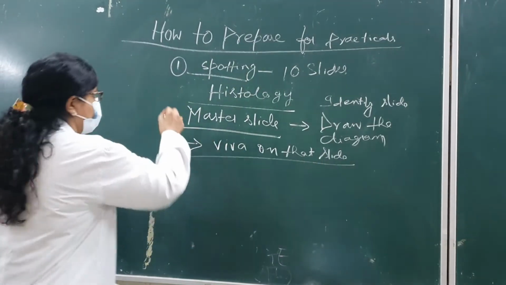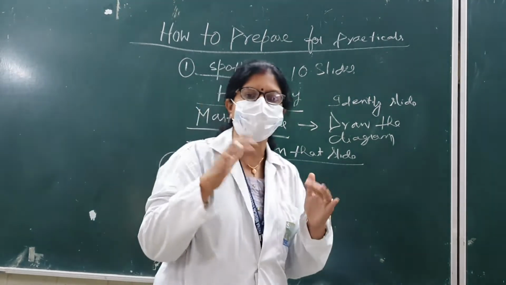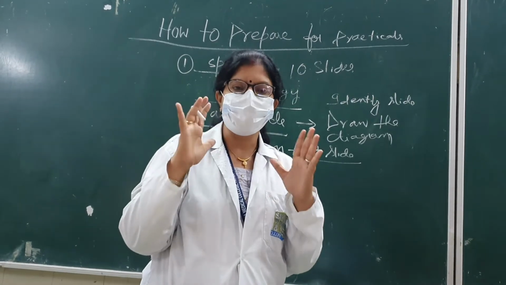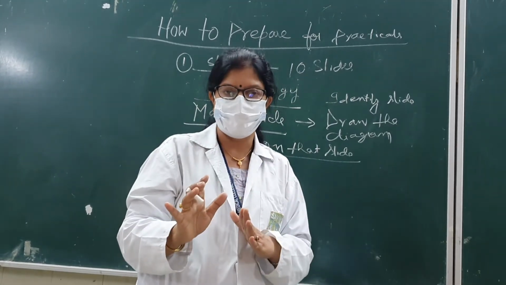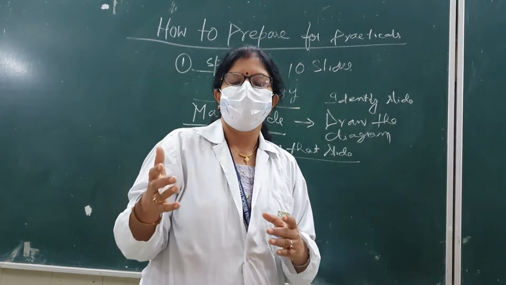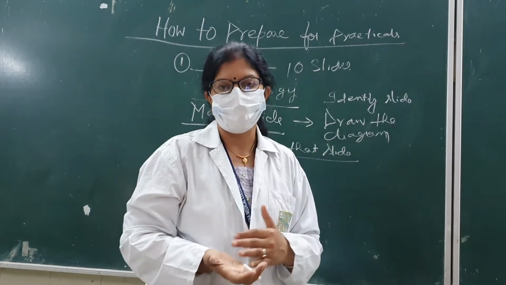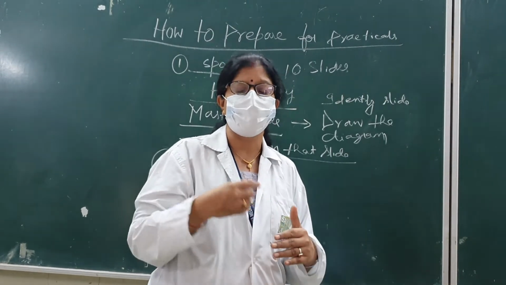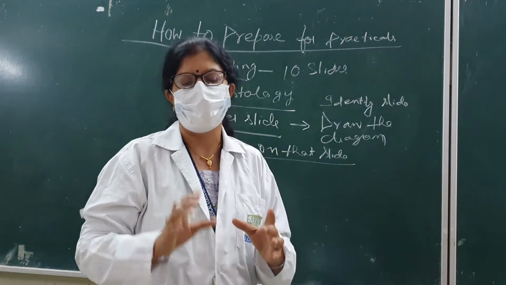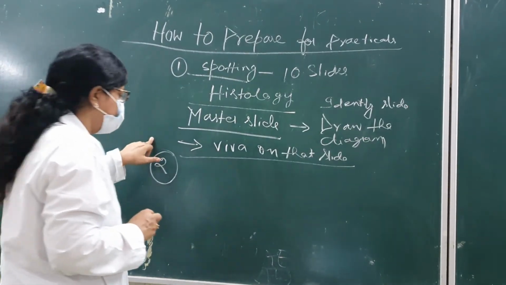So that is part 1. You have to go quickly through the histology slides. First thing, to identify, and you should know at least some important questions regarding histology and cover them. Like if liver is there, what is Kupffer cell, what is the space of Disse, what is the portal triad, what is the portal lobule. Hit questions of that area you must cover, and you must know at least 4 to 5 questions of this area. So that is your spotting.